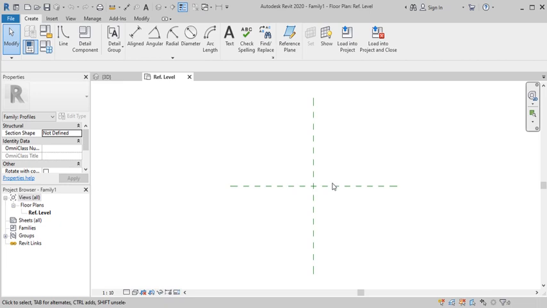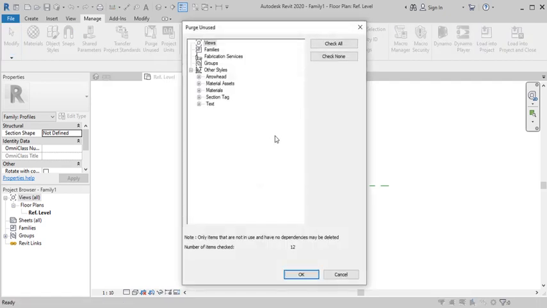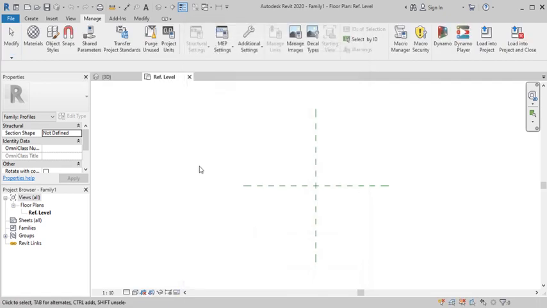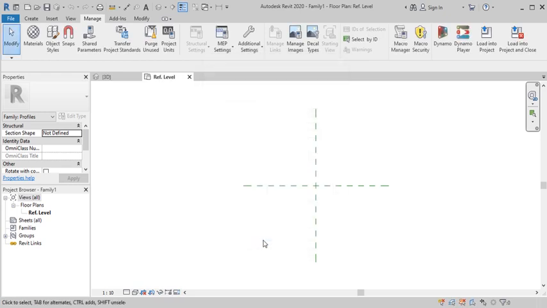Now here we are, and next thing you want to do is to make sure you manage the project and make sure the proper unit, cancel, and make sure the project units are in order. I think I prefer what I have here. Okay,